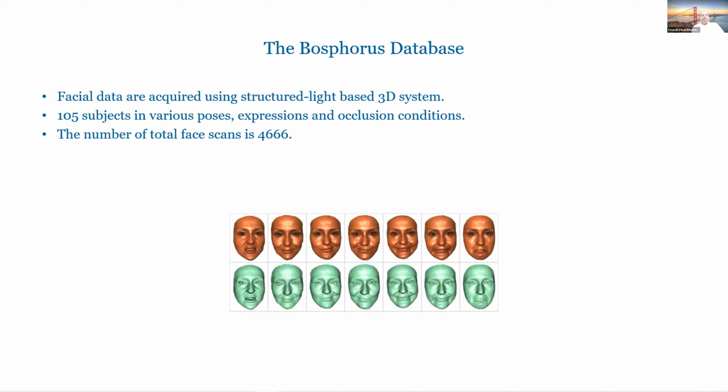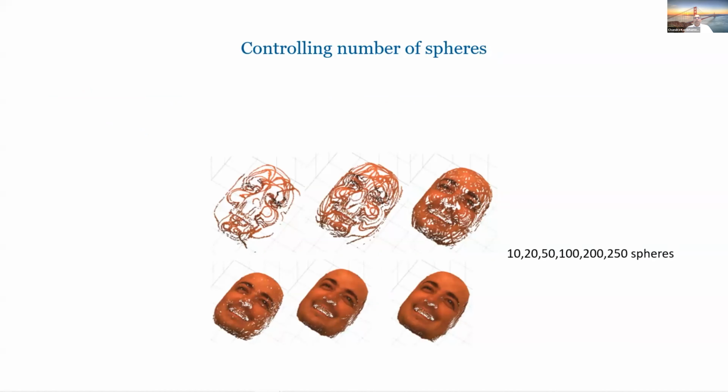There is 3D data out there, 105 subjects in various poses and expressions. Total so many number of scans. We went with faces because face is easier, right? So if there's an expression, are we keeping the expression after SAINT? One example is to see how many spheres you need for us human people, with human vision, to find out that it's a face.